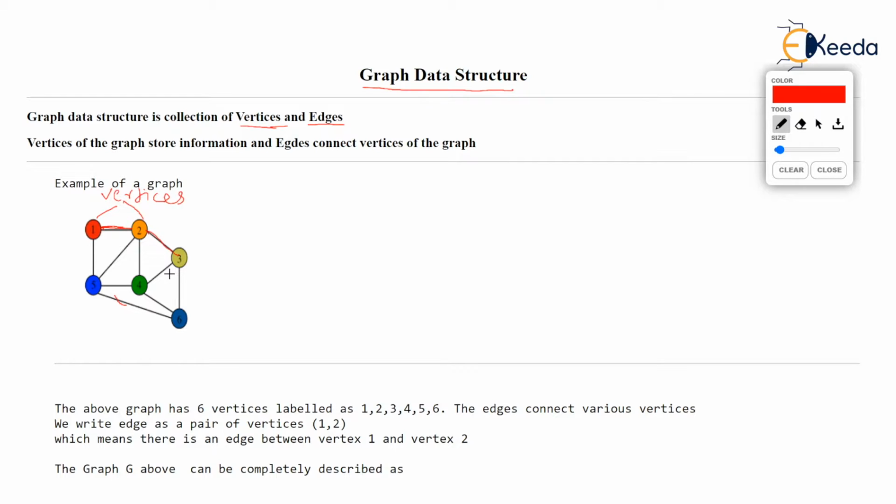So what if we want to send a message in this computer network from node 1 to node 6? Then as you see, there is no direct cable from node 1 to node 6. So communication is not possible directly from node 1 to node 6.